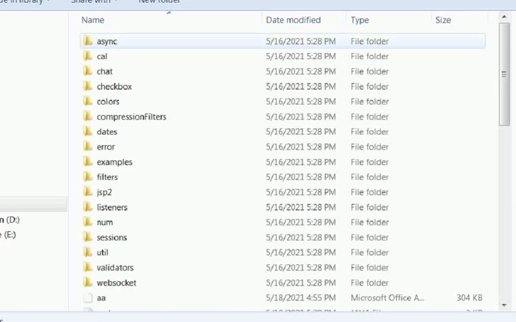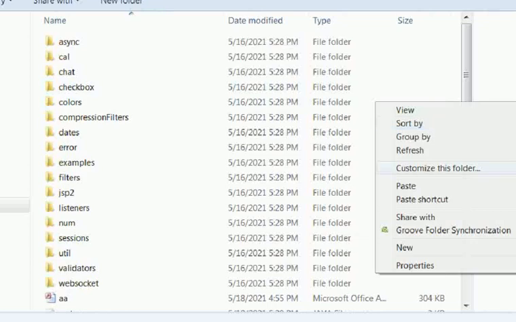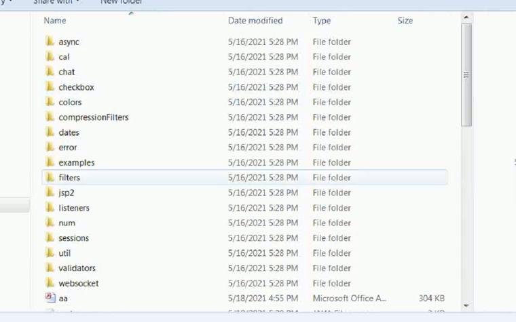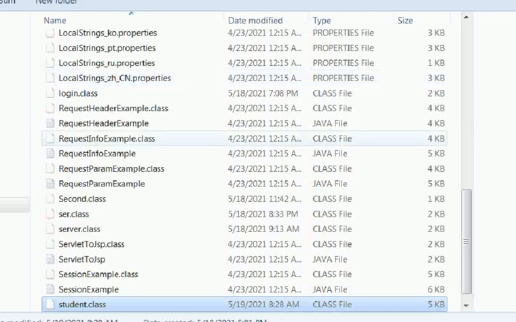Inside this classes folder you want to place that class file, then only we can execute. Already that file is there, so I replace that.